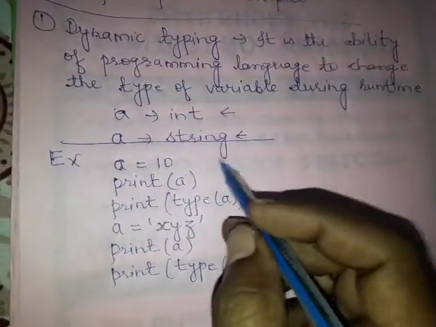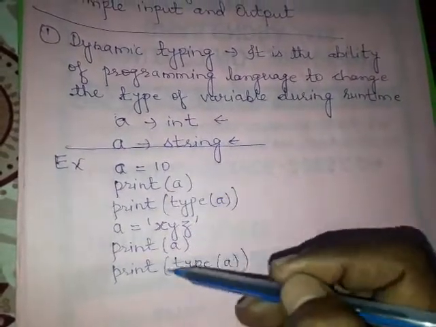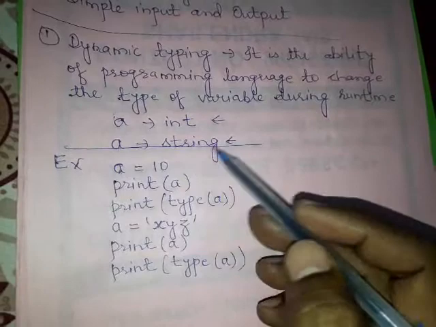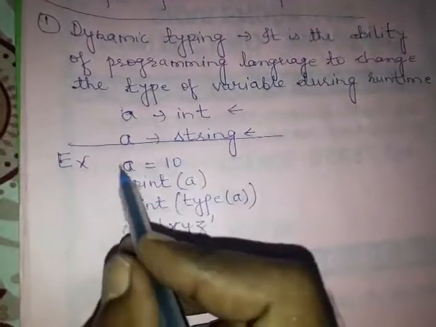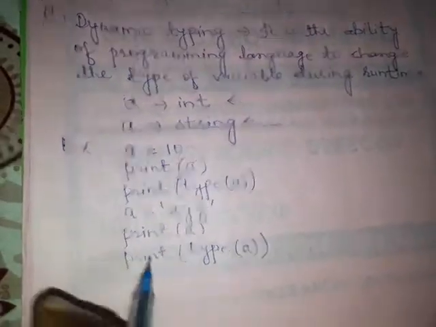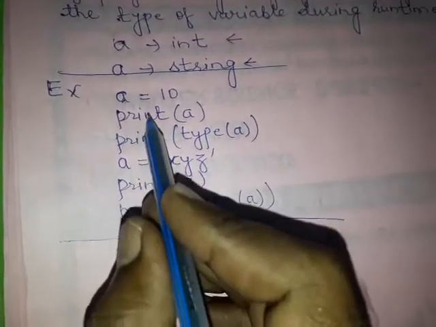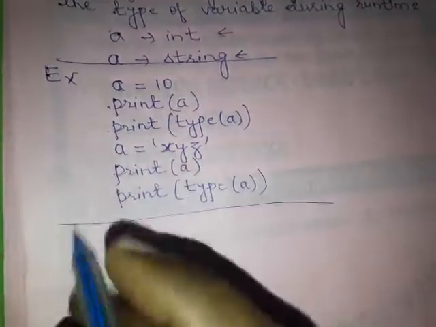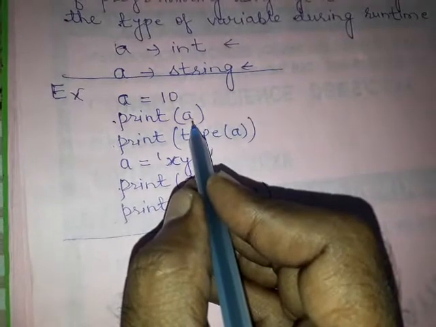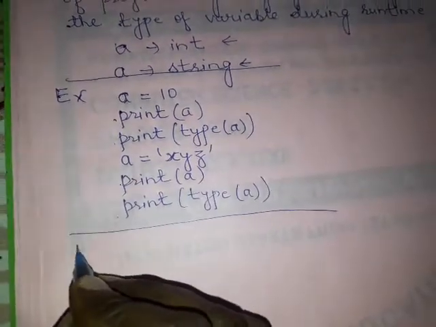To write this program you have to open a script mode: file menu, then new file. It will open in script mode. Then you run all these statements after saving, first of all you have to save it. Then what will be the output? Let's see what the output is. These four are output statements. First of all it will print a. The value of a is 10, so it will print only 10.